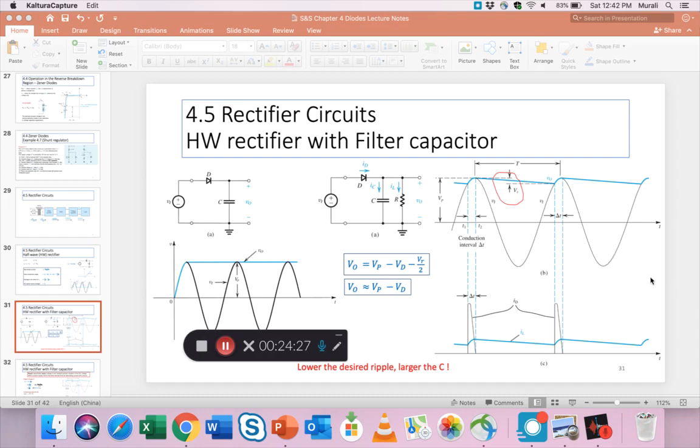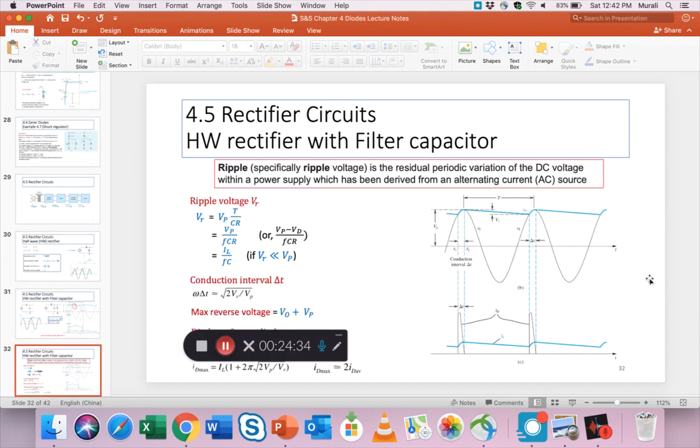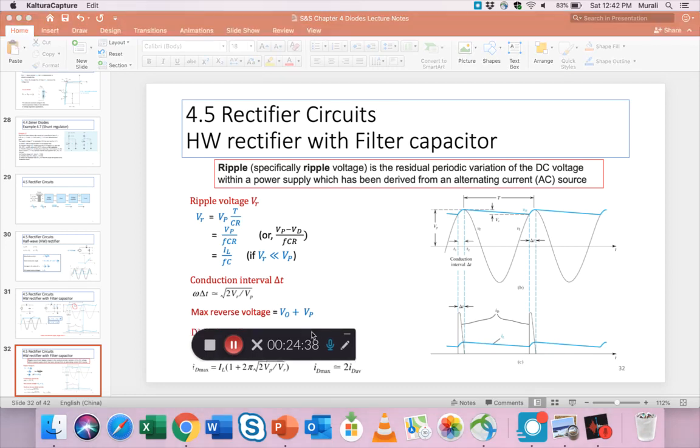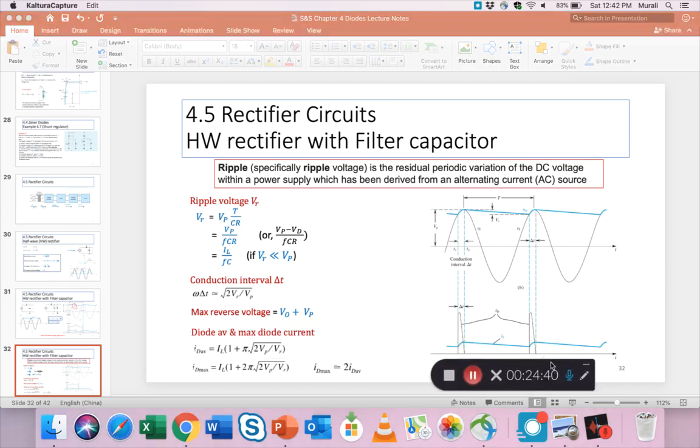Okay, so I have to move on. I hope this slide was useful in pointing out a lot of concepts related to rectifiers, and we will use these same concepts a lot, so become familiar with them. Next slide, also still on the same topic of half-wave rectifier with filter